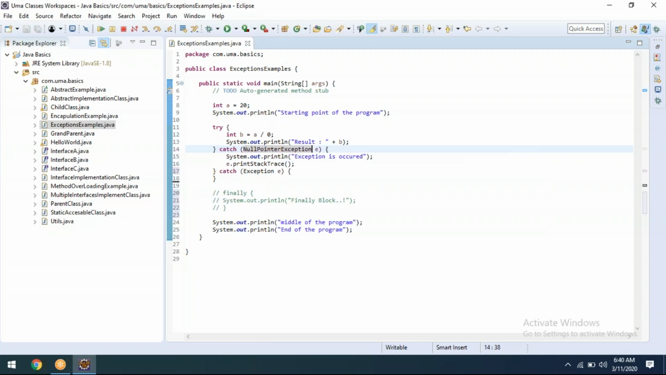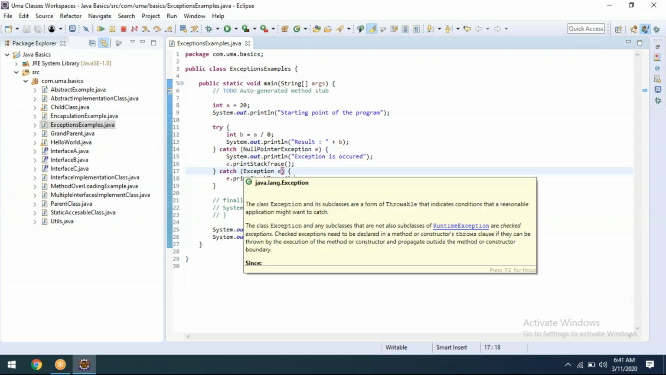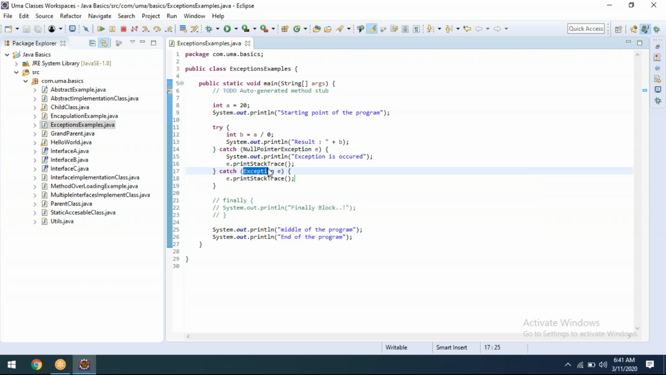Now, one thing we need to understand here. First point, we can have multiple catch blocks for a single try. But whenever you are trying to do multiple catches for a single try, there is one restriction. First of all, the first one and last one of the catch blocks, which we need to understand here,